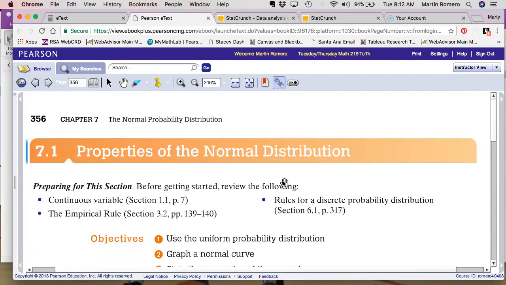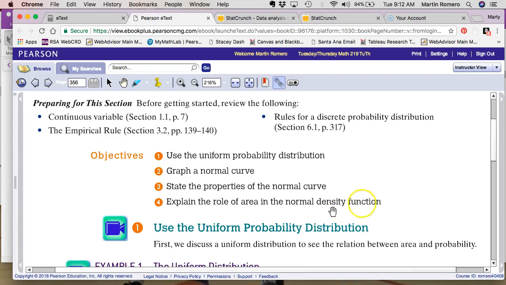This is the lecture for chapter 7.1. Have your note sheets ready so we can get down the important information for this section. We're going to be looking at properties of the normal distribution, which means we're going to be solving probability problems